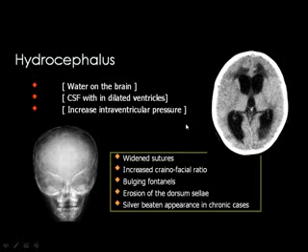Then the three expressions may be used to describe the hydrocephalus, and these are the manifestations of hydrocephalus in the plain X-ray of the skull. They appear in the form of widening of the sutures, increase in the craniofacial ratio, the discrepancy between the face and the skull, bulging of the fontanelles before fontanelle closure, erosion of the dorsum sellae after closure of the fontanelles, and the old expression which is known as the silver beaten appearance, which describes the convolutional impressions on the calvarial